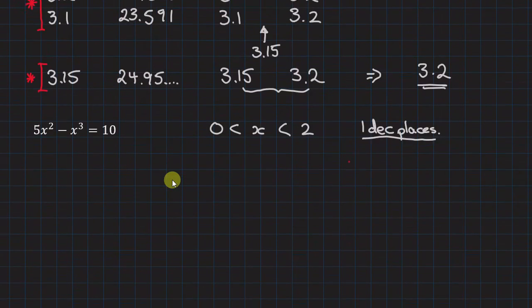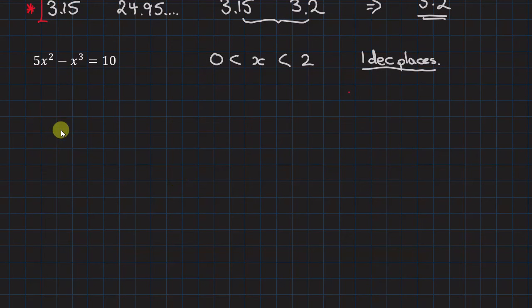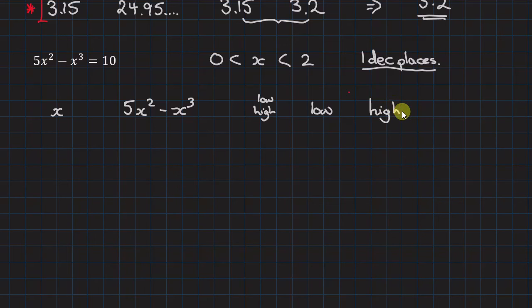So let's put in my headings. First heading is the value of X that we are trying, then the value of the expression. You may see other videos where they say low or high. I still prefer to say low value, high value. So I know each line tells me that I'm zooming in towards the right values. If you just say low or high, sometimes people make mistakes skimming back. So I'll show you in this one what happens as we go through